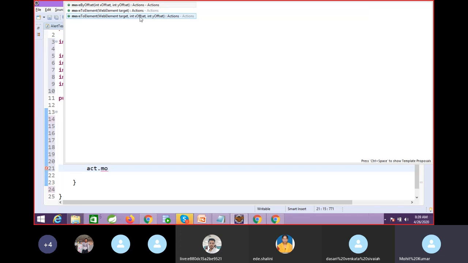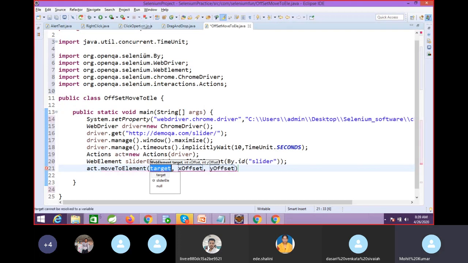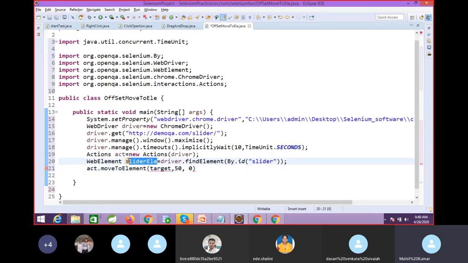You can see the offset is in the x coordinate. It is not having the y coordinate. So for the x coordinate, you can give 50 here, and you can see how much it is going to slide. I am giving 50 here, and since we don't have a y coordinate, we will give 0. In mathematics we have x and y coordinates, so it is developed on that only. So here you pass this element after sliding this 50.